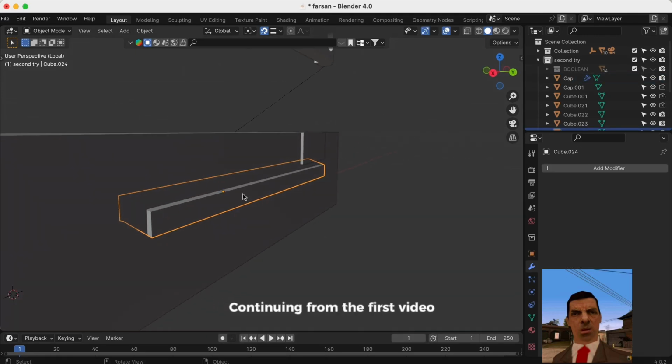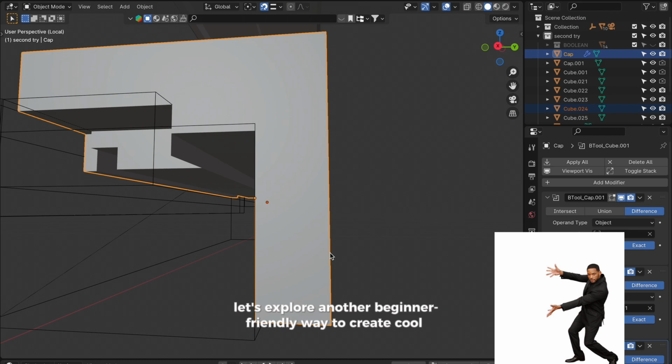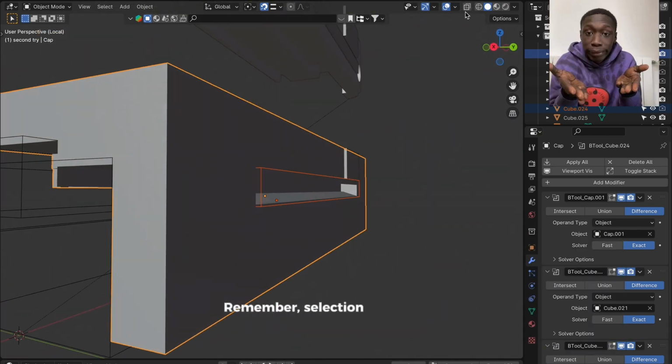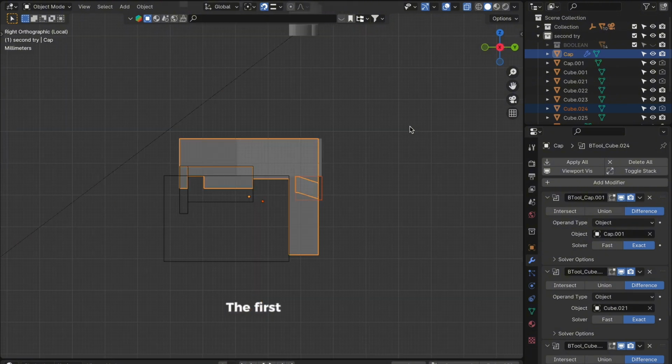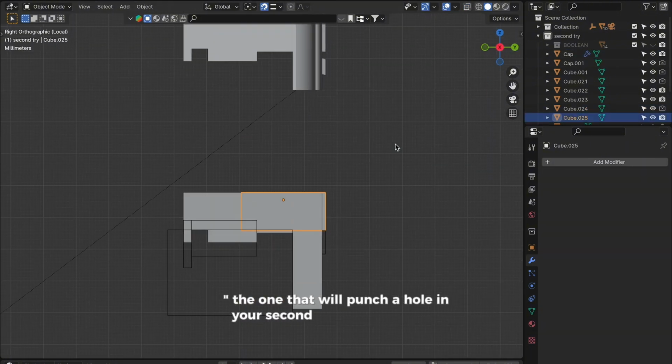Continuing from the first video link in description, let's explore another beginner-friendly way to create cool cutouts in Blender using Boolean differences. Remember, selection order is key. The first object you grab is your cookie cutter, the one that will punch a hole in your second object,